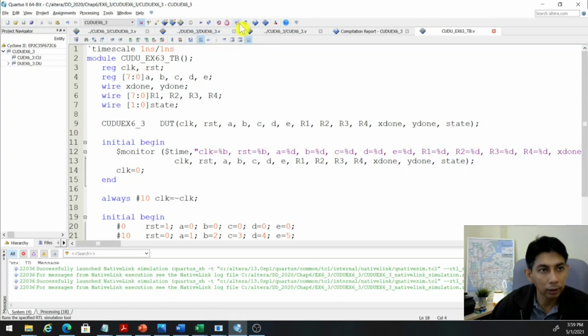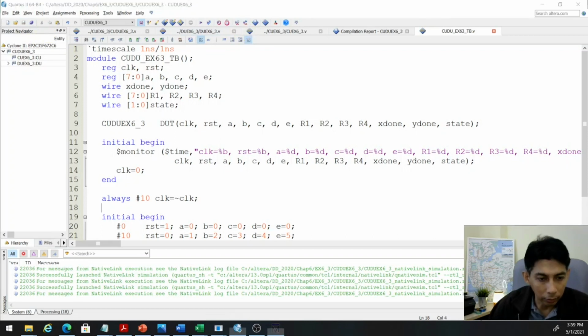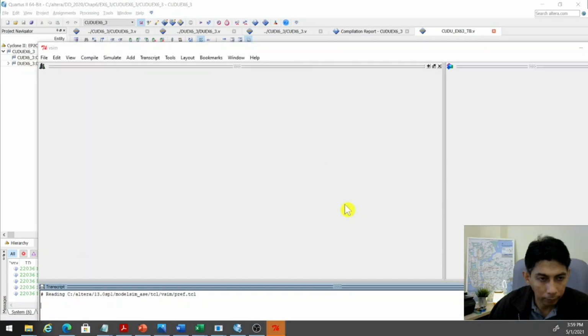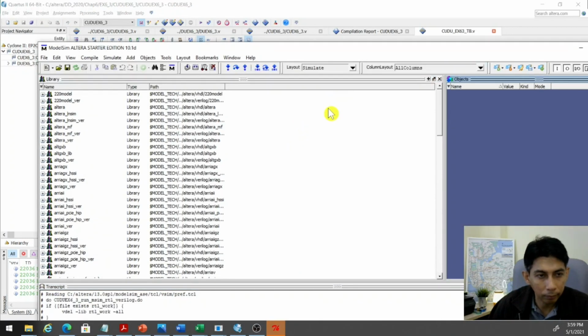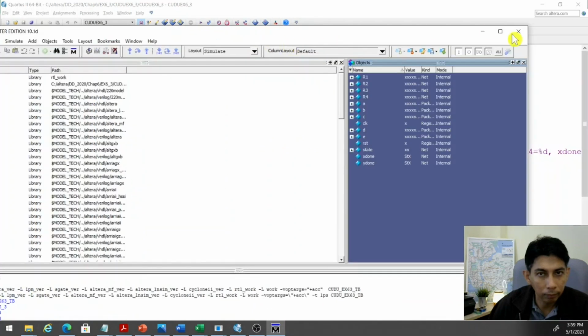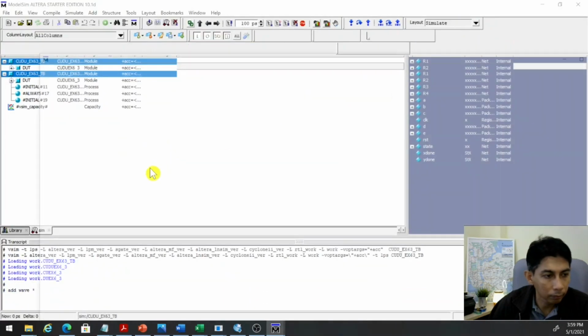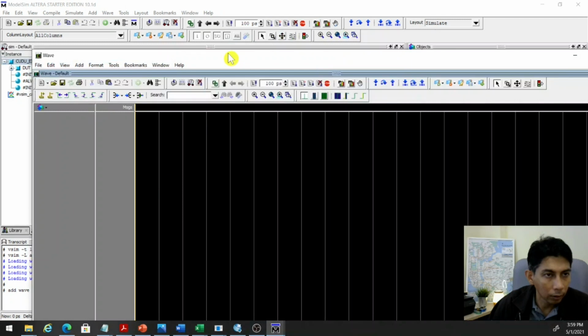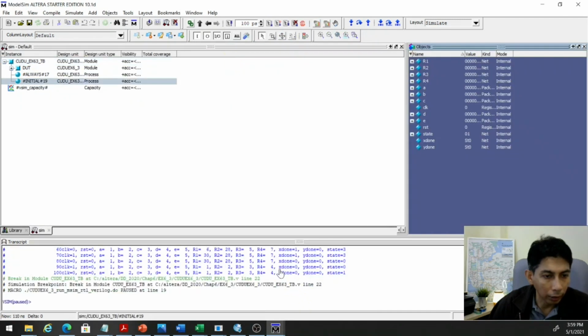So again, we need to do the simulation. And now we have the output here, right? And we can see here when x done equal to 1 at state 3,